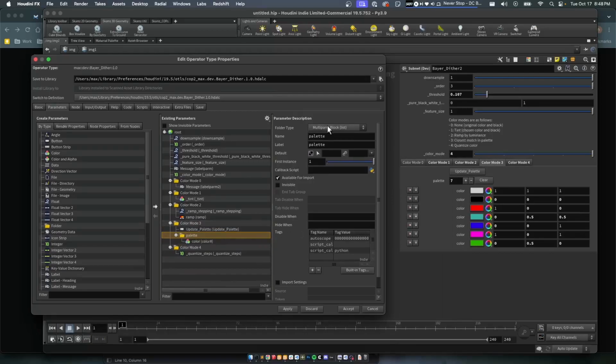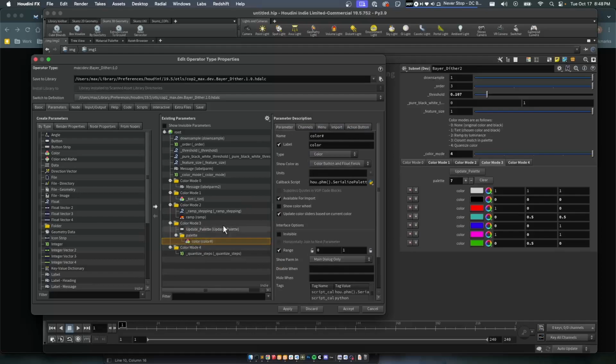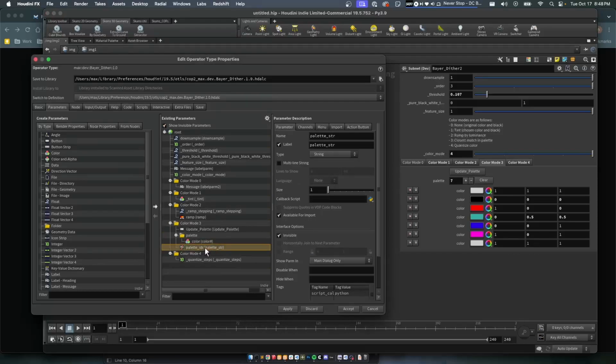You make a folder and then change the type to multi-parm list. And then inside that folder, you add whatever thing you want to be able to add or remove. In this case, I added a color here. And basically, the mechanism that I pass this into the VopCop is via an invisible parameter. So there's one called palette string here, which I can